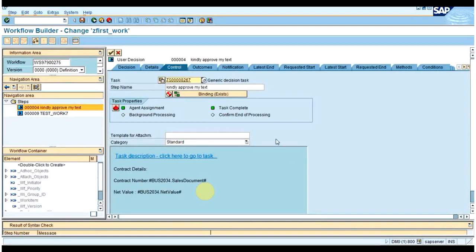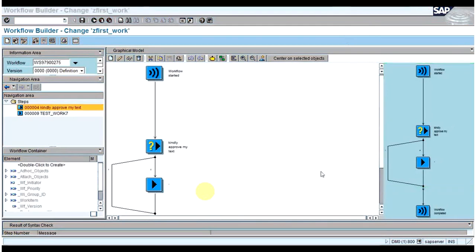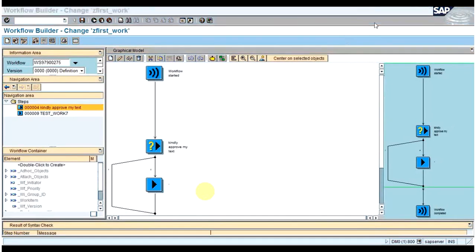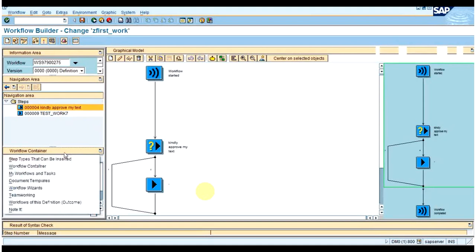If we copy the standard task or the decision step, whether it will convert into a customer task? If you want to copy this particular task, you can copy it in PFTC_COPY. Then one new customer task ID will be generated, and that will be unique to you. You cannot change the standard task, and you cannot add elements to its container. What you will have to do is first copy this task to a customer task, and then you can change it by adding container elements, or you can also give the description on it.